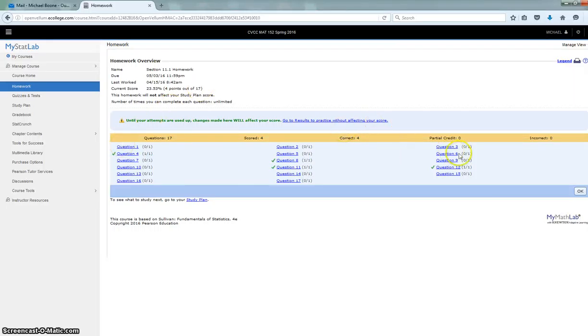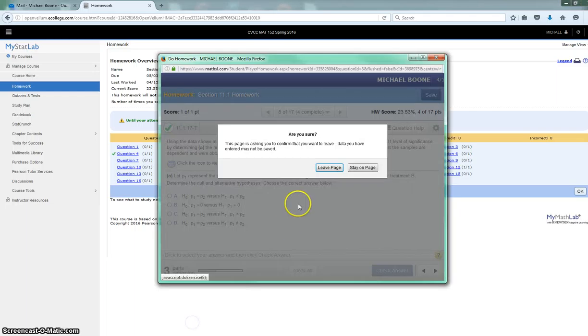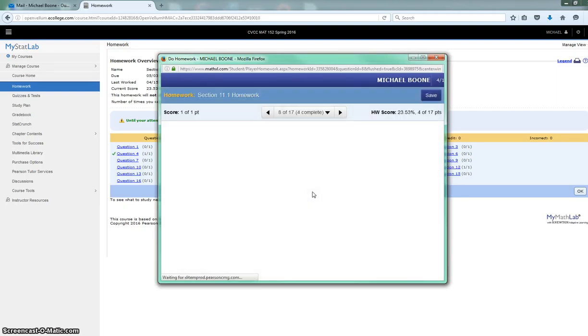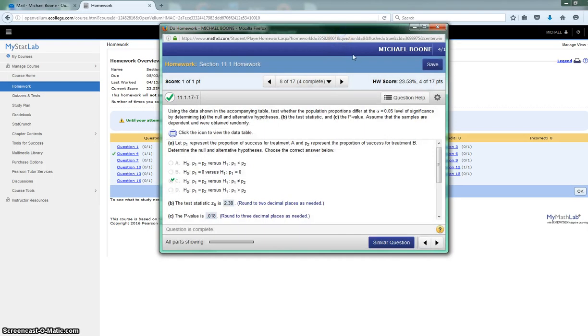Alright, so let's look at number 8 from chapter 11, section 1. And